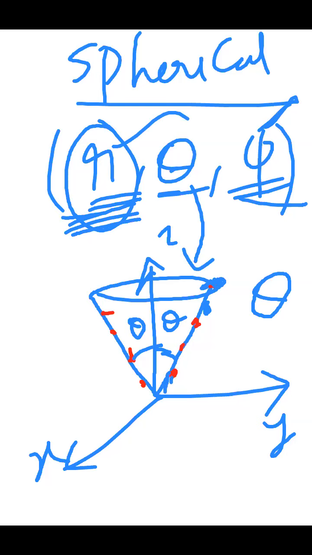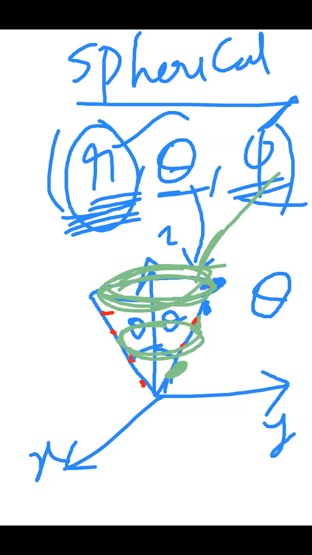If I take a point here, my radius will be less. If I take a point here, my radius will be more. R is not constant. Similarly, in the circle I can take a point anywhere. So what is not constant? Pi is not constant. I can take any pi. Depending on that, I can choose any point on this line, or any point on this circle. So what is constant in this case? Only theta is constant. The remaining things are variable.